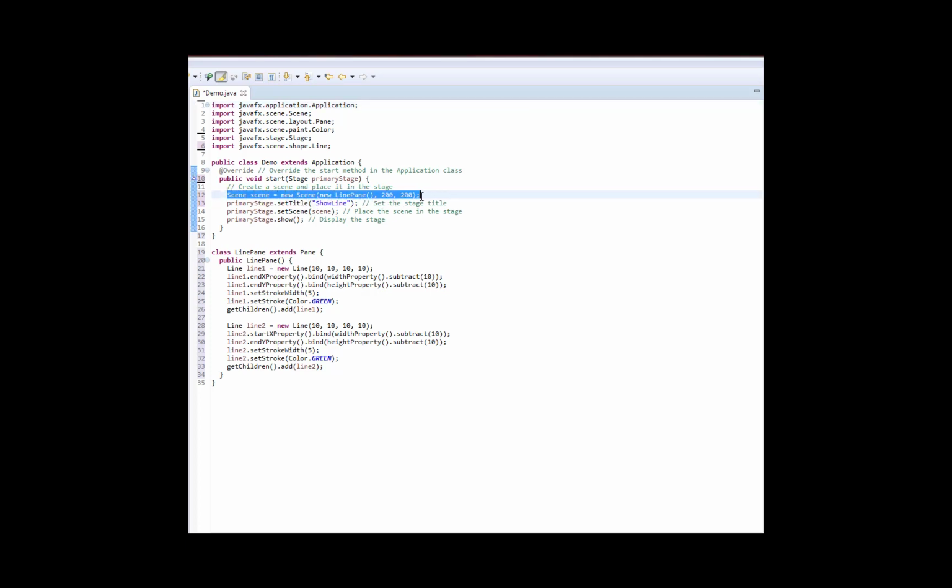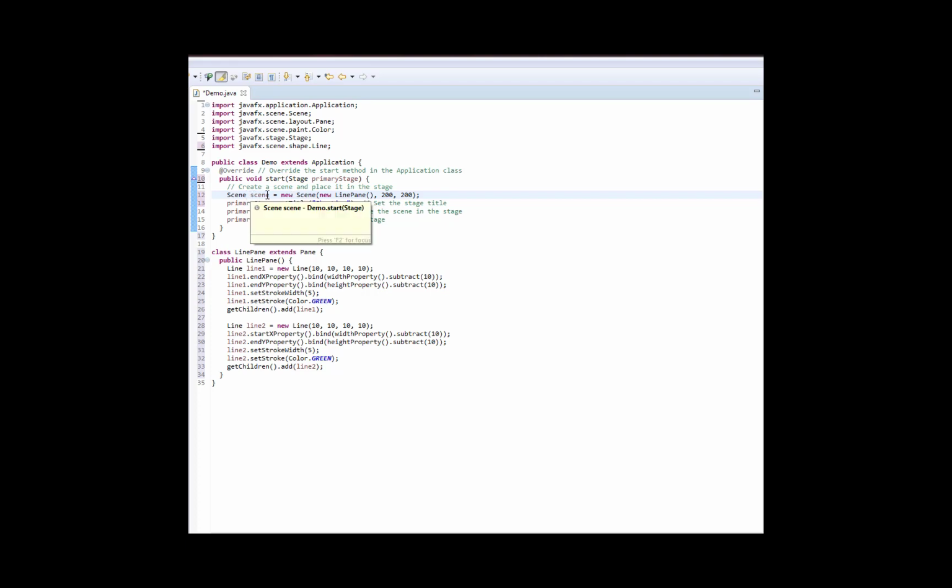So this is all we need to talk about initially, but it's going to use something called a line pane, which is defined at the bottom of the screen here, and we do need to look at that in detail. So this line pane is this pane that's going to have this X in it that will follow the size of the window around appropriately. From our perspective here, we simply know that this is called a line pane, and we're going to simply drop it into the scene in the following way.